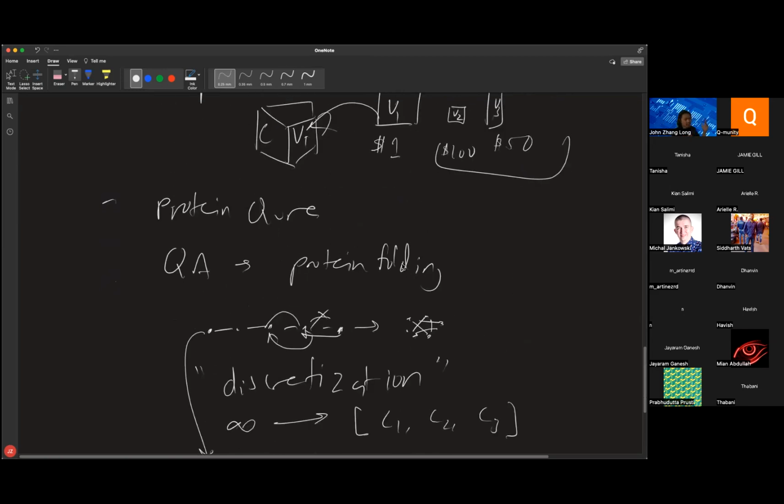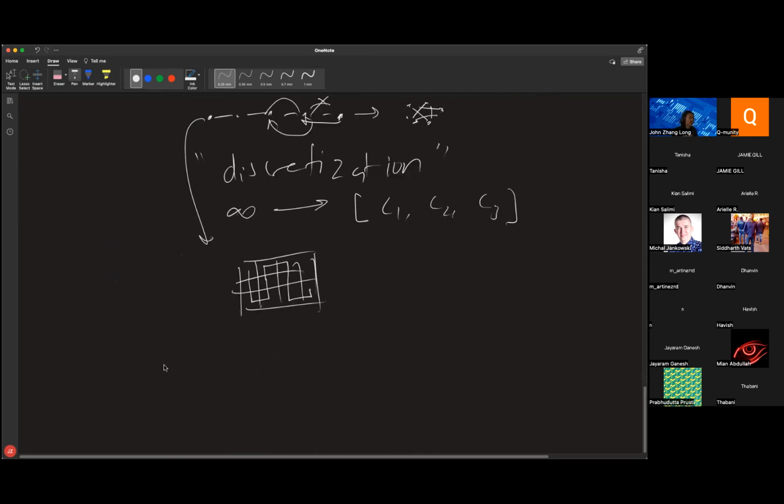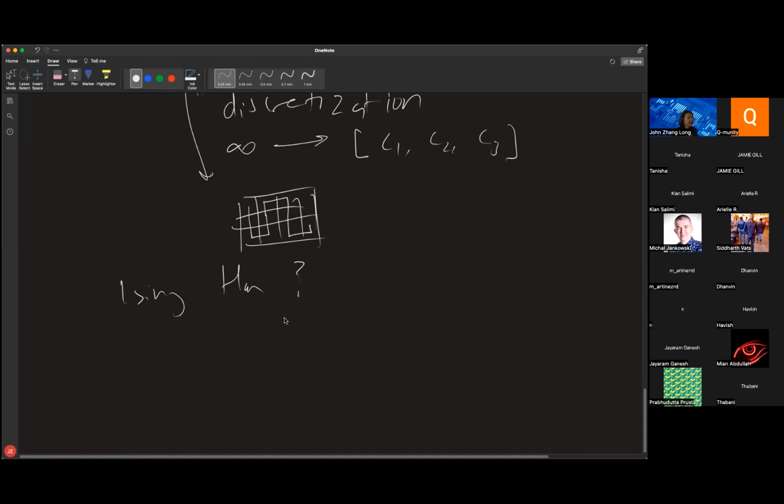Oh, and sorry, this brings me back to why I bothered bringing up the Ising Hamiltonian at all. Why was this mentioned in the first place? It's because the Ising Hamiltonian is pretty much a shoo-in. A lot of problems in the quantum annealing domain can be naturally expressed as,